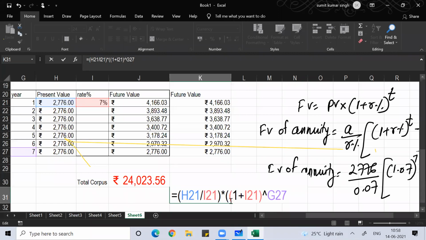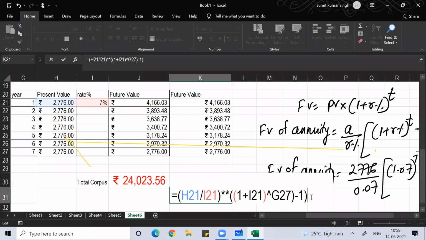So here I open two brackets. First it will do 1 plus 7%, then to the power 7. This is done. Now minus 1, and then all together multiply with this. So one more bracket I will open.